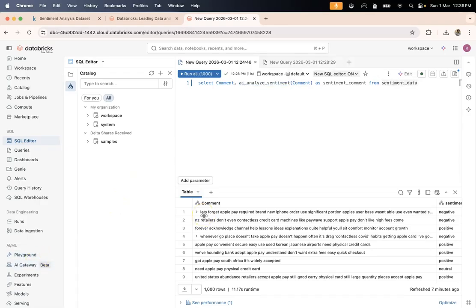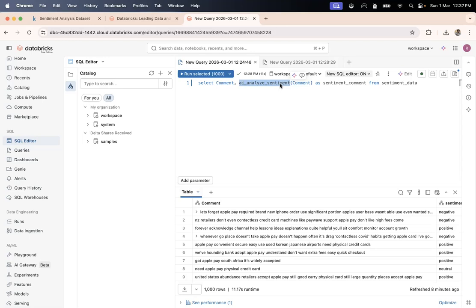Okay, so now let us understand how we can do the same thing but with a slightly different function, and that is AI underscore classify. That function basically works like this. You provide it a text, you provide it a list of labels that you would like to classify your text into, and then boom, it works just like magic.